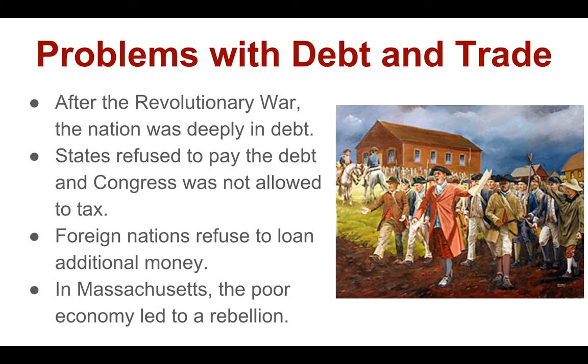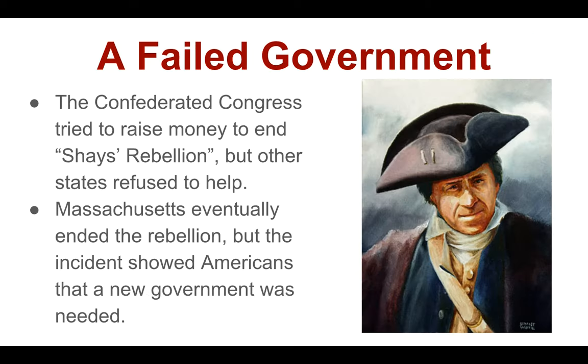And in Massachusetts, this inability to secure foreign loans made an already shaky economy following the war get even worse. And that poor economy led to a rebellion. This rebellion should have been a simple matter, but the Confederated Congress could not manage it. They could not raise money. They could not get other states to help Massachusetts out, with an exception of Delaware. And in Shays Rebellion, it wound up being clear to the nation that each of our states was on their own. We had a failed government.